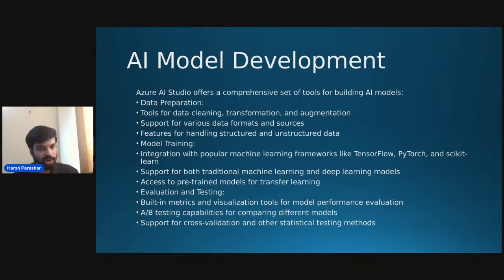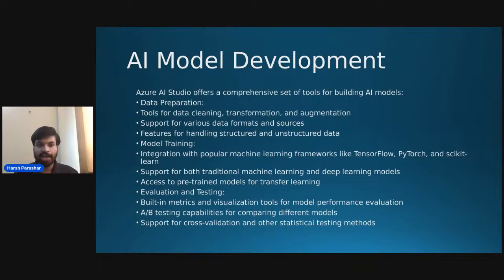You have to transform your data sometimes. And you want to get your augmentation, like how you will be using it. If the same data will be used by different startups or different platforms for different purposes, you need to get the augmentation of the data, like how and where you are using it and for what. And then support for various data formats and sources. This is a common platform for all.